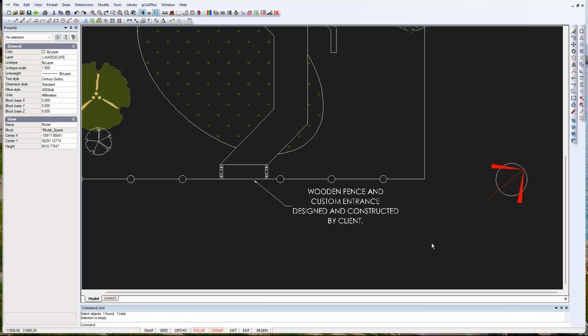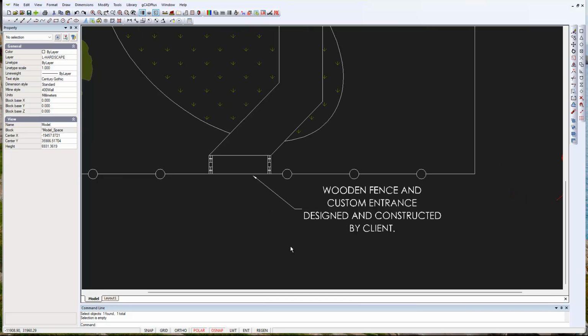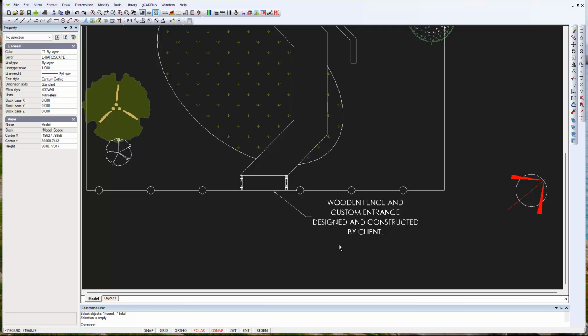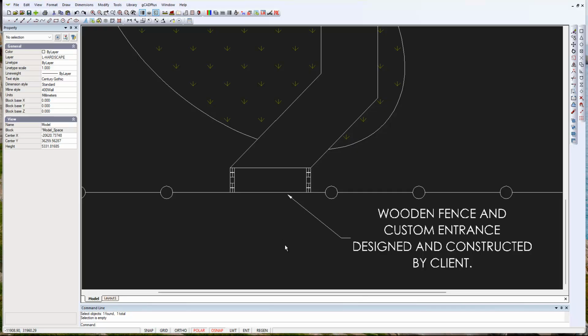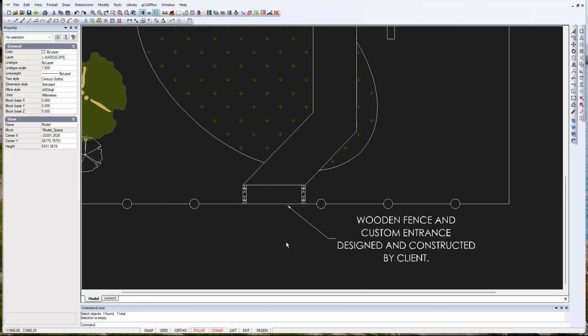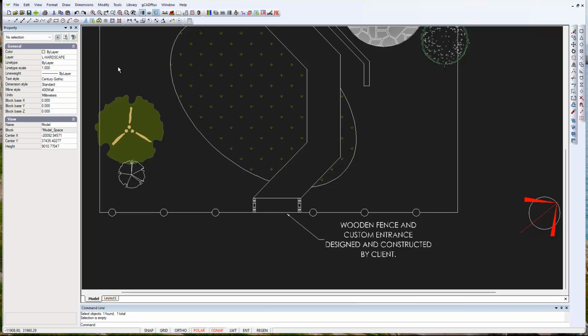Well, I think what is required at this stage is to build some skills in applying notes, and we want to be able to label things quickly and easily. The most efficient way in our view to label this will be a custom entrance and the wooden fence along here. But let's imagine we've been talking to the client who wants to design and build the front fence. He's a very keen woodworker, and he's happy to provide some paving underneath here, but we want a really good set of notes now. To do that, and remembering I've said that we